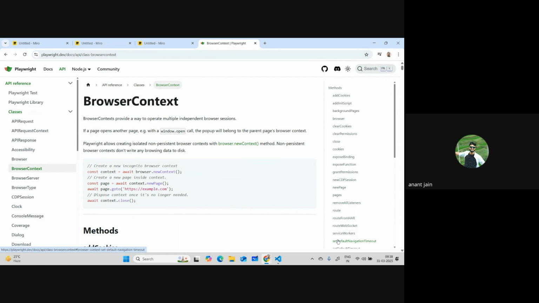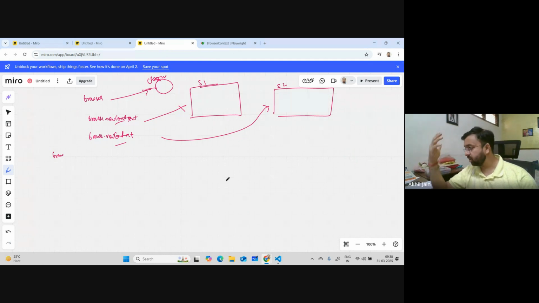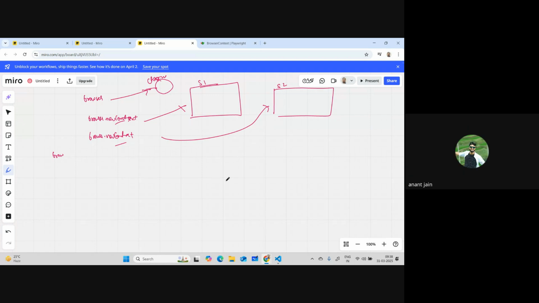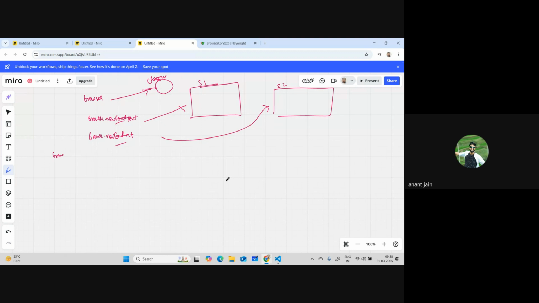Sorry, Akhil, to interrupt. Can you go to the diagram once again where you have described? Yeah, this one. So browser gives you access to the process, let's say the Chrome browser process. Then the next comes the new context, which gives you access to the isolated session. Right. And then on that session, you get access to the actual tabs,